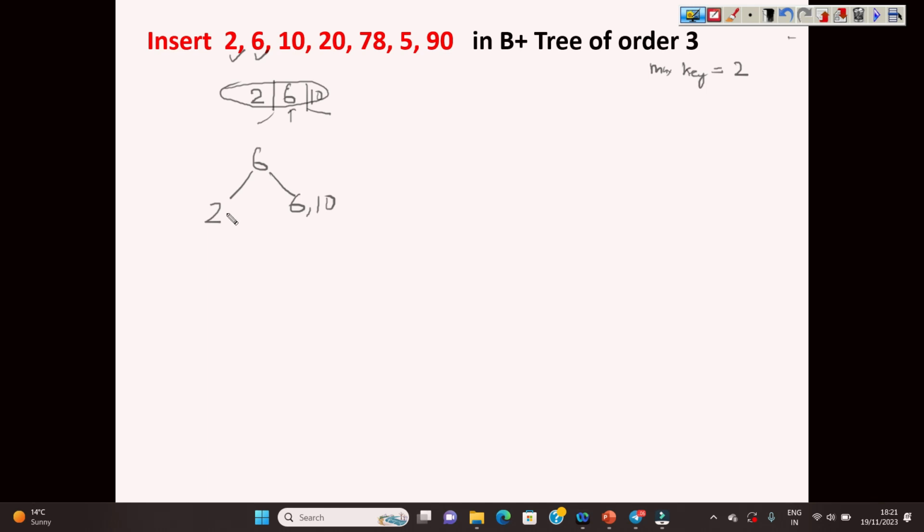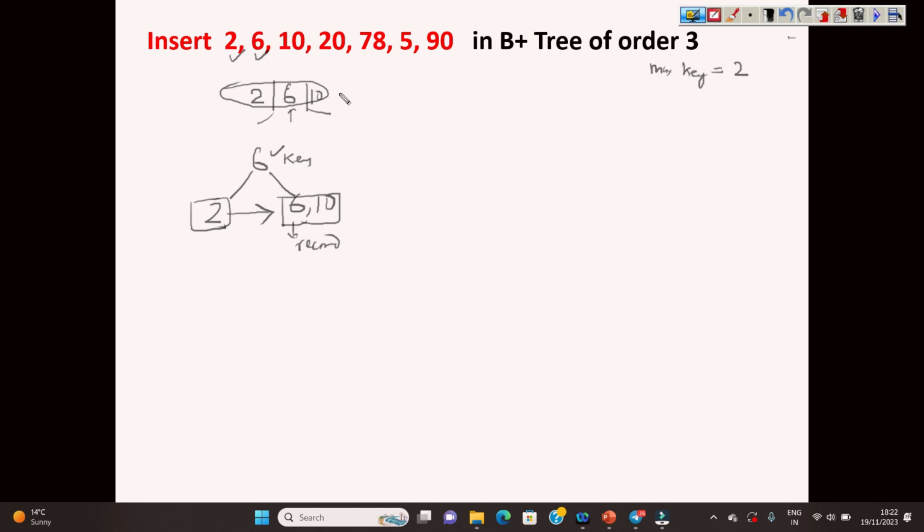Also, this is going to become a node, and this also connects to this leaf. So basically here is the key, and this basically refers to the record. Whenever we split any leaf, it is going to carry the information as a parent, and the parent node contains the key.